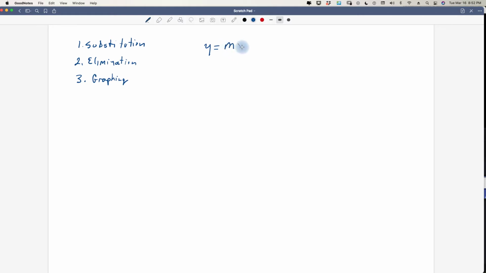So you have y equals mx plus b. You have to remember that m is your slope, and b is your constant of change, or it's also going to be the value for y when x is 0, and that's where you're going to put your first point. Okay, so we are given this system of equations,